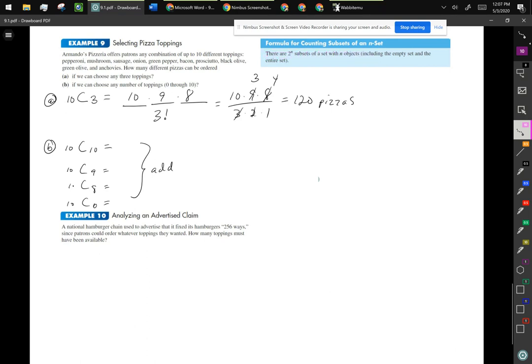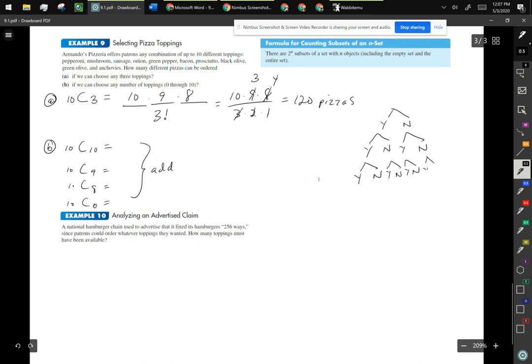Now, this is kind of a fancy mathematical way of describing a scenario where you have a yes or no situation. Yes pepperoni, no pepperoni. Yes sausage, no sausage, right? And the reason why is because when you say yes or no, those are 2 possibilities. And if you think about a branching diagram, right? Yes or no to sausage, right? Yes or no to pepperoni. Yes or no to onions, right? As you can see, I can keep doing this, but every time I introduce a new topping,